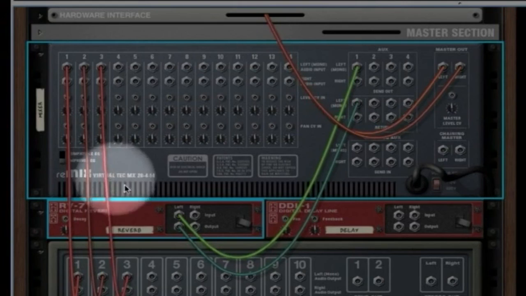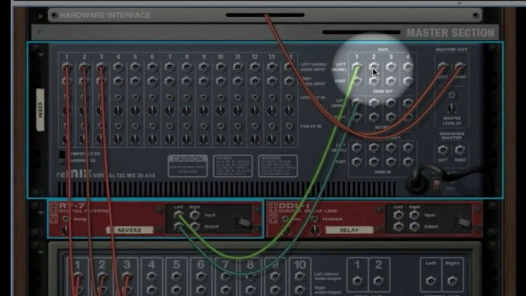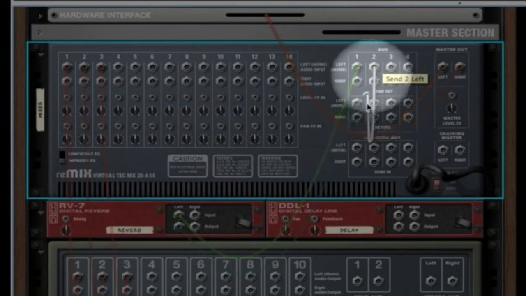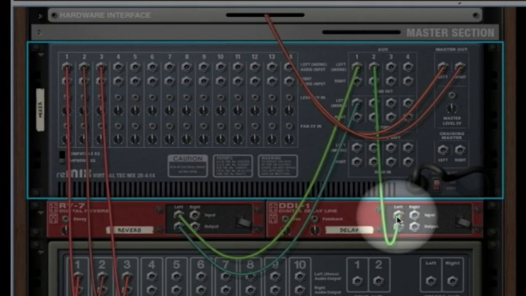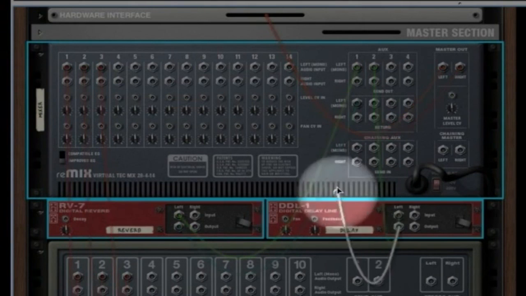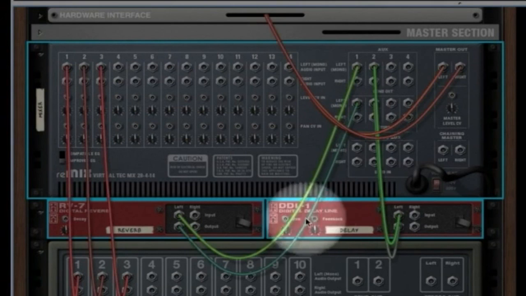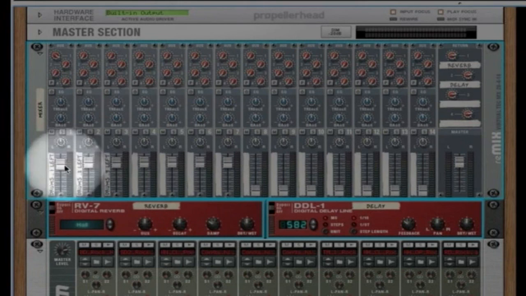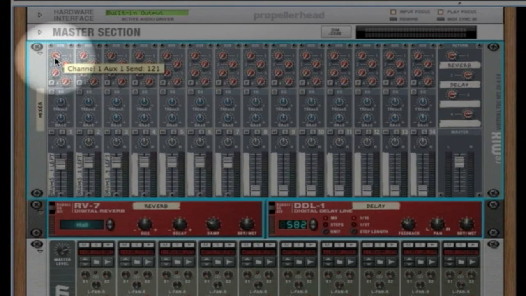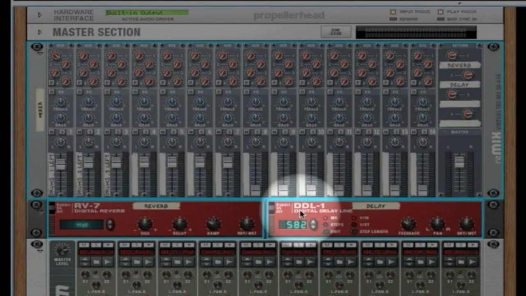And we could do the same thing over here by taking the second aux send here and putting that into the delay, and then returning that delay back into the second return. So now all of these channels can send varying amounts to the reverb by using aux send 1, or they can use aux send 2 to go out to the delay right there. Just make sure you're returning